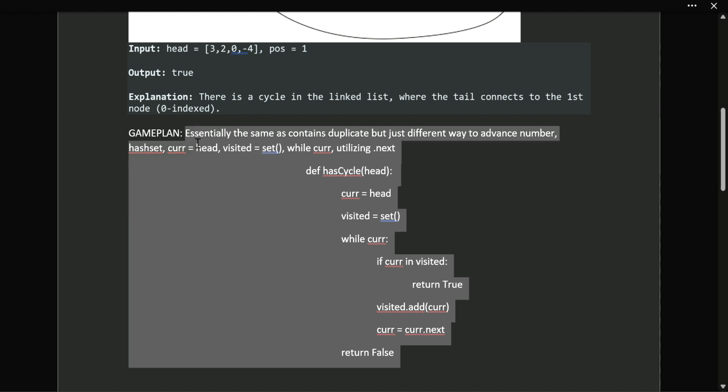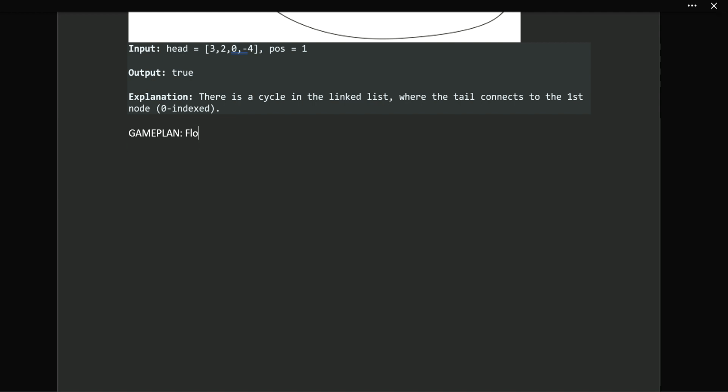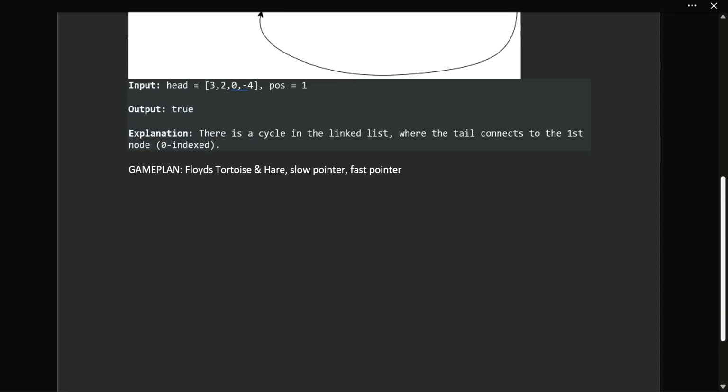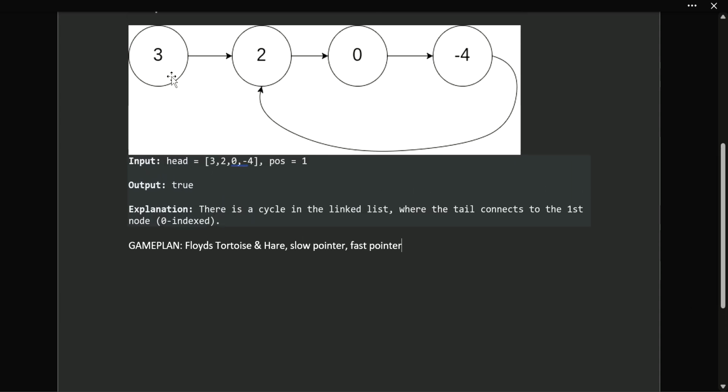So this is an algorithm called Floyd's tortoise and hare, and all that means is you're going to have a slow pointer and a fast pointer, and you're basically going to see if these pointers ever meet. If they meet, there's a cycle. If they don't meet, then you'll go throughout the whole thing and you'll realize there's not a cycle. So it'll make a little more sense when I code it up, but basically your slow pointer is always going to be going .next, while your fast pointer is going to go .next.next, and again, if there's a cycle,